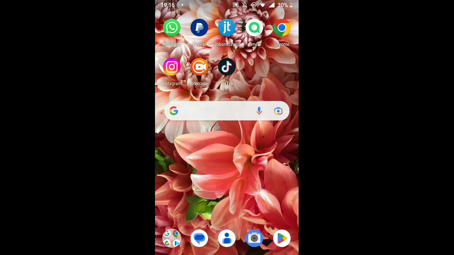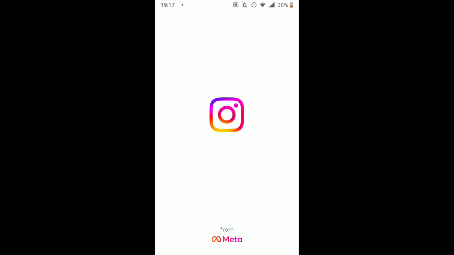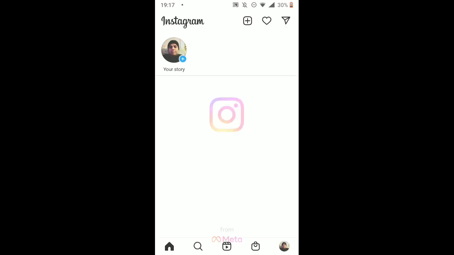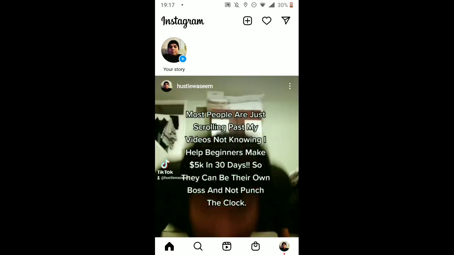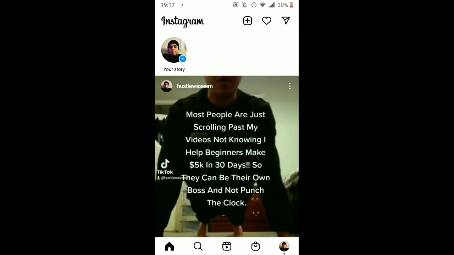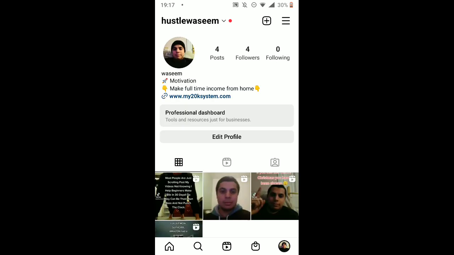To create an account on Instagram. So first of all, you want to go to Instagram. Once you're on Instagram, at the bottom right corner, you can see your profile. Tap on that, and at the upper right corner, you see those three lines. You tap on the three lines,